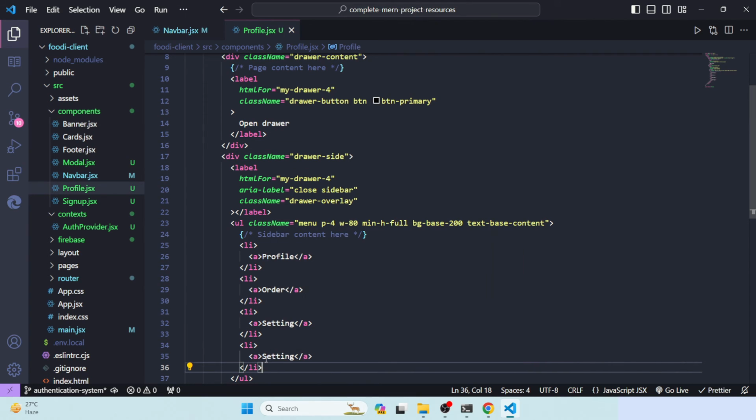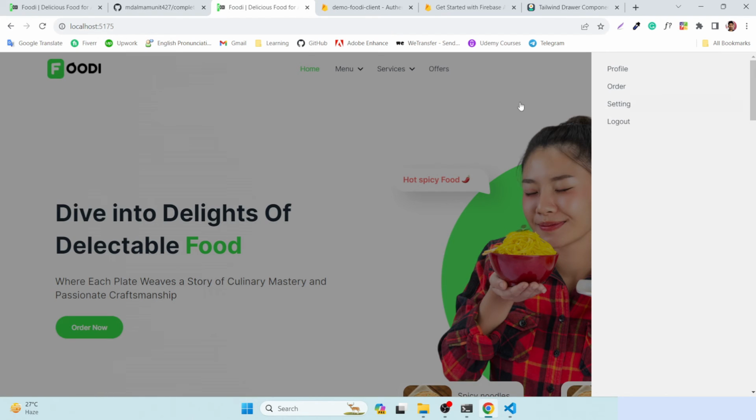Okay, it's not there, you will just use log out here, log out. Okay, now check here, when you hit, then these options are shown there, and when you just click anywhere, then